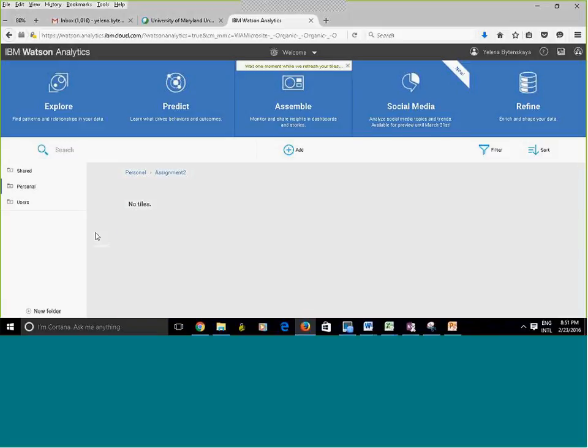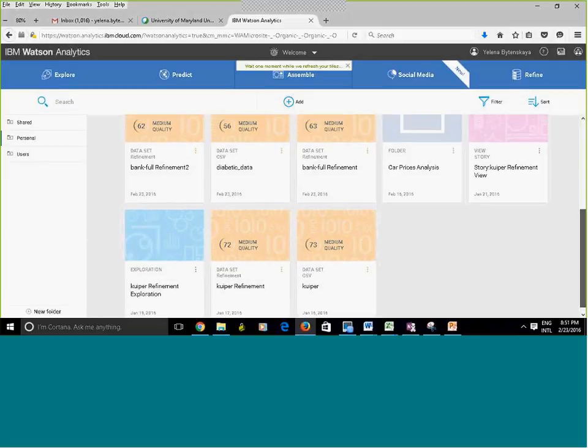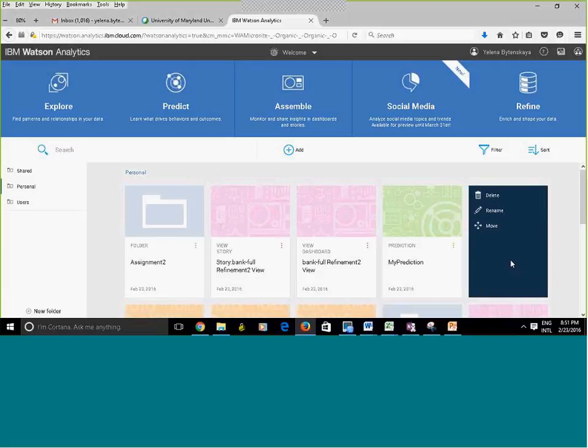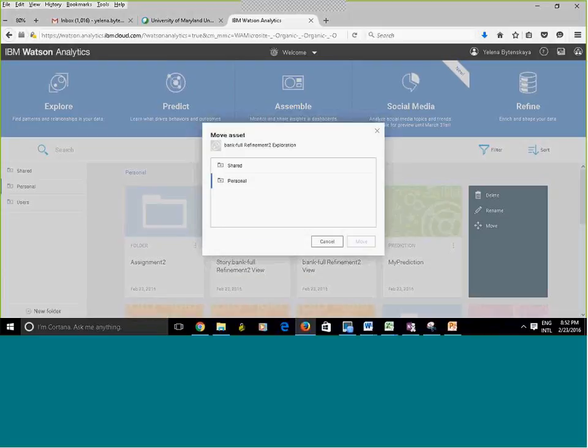That folder right now, it's empty. So I'm going to go back to personal, and I want to move. Suppose I was doing this exploration for my assignment 2. Just assume. So what I'll do is click over here, the menu. Here, if I wanted to, I could select delete if I no longer need this, or I could change name. And move. What it does is